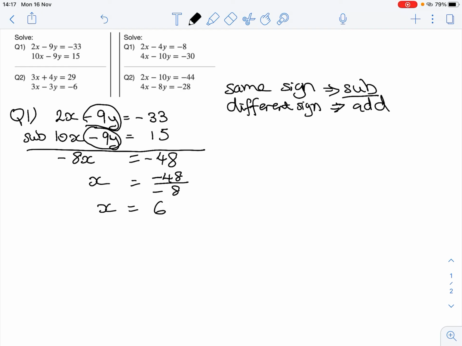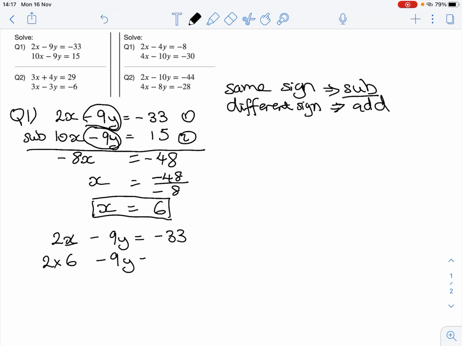So x equals 6. Remember, with a simultaneous equation, we get one value for x and one value for y. So we need to substitute into our original equation. You can pick either equation 1 or equation 2. I like to work with small numbers, so I'm going to pick equation 1: 2x minus 9y equals minus 33. I know that x equals 6, so substituting 6 into the equation, 2 multiplied by 6 minus 9y equals